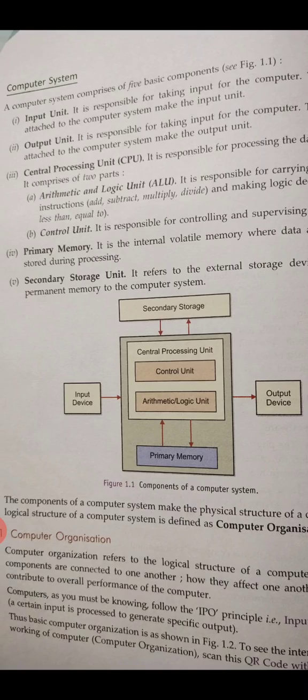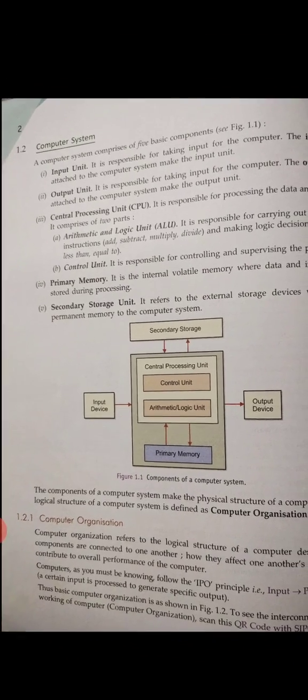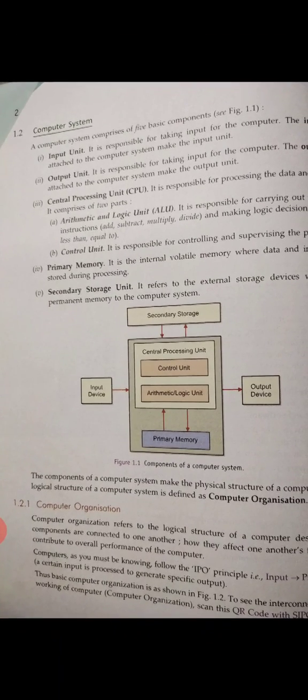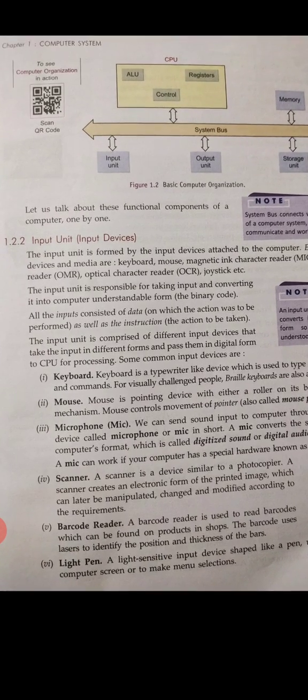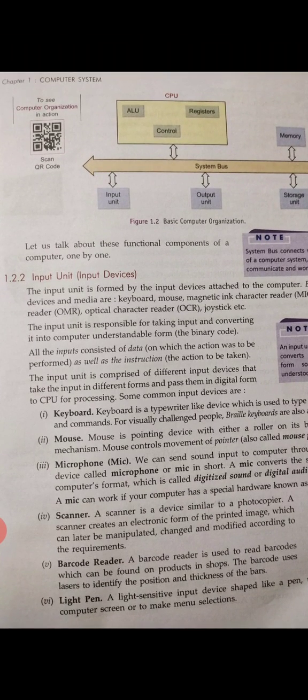So from computer organization, just read this once. And the main thing, just remember students, that a computer works on the IPO cycle, means input, process, then output cycle. After that, input devices are given, like keyboard, mouse, microphone, scanner,